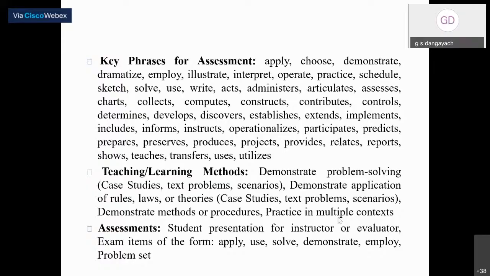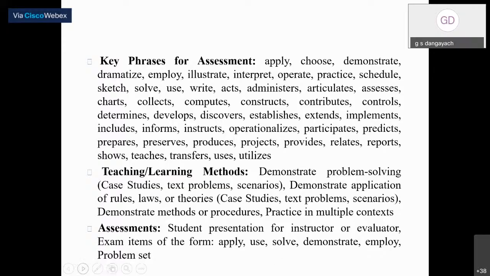Now, teaching learning methods for this application: we can give some case studies, some text problems, some scenario analysis, or other ways. So these are the similar ways. Assessment: maybe a student presentation for the instructor or evaluator, and maybe you can give these words: apply, use, solve, demonstrate, employ,